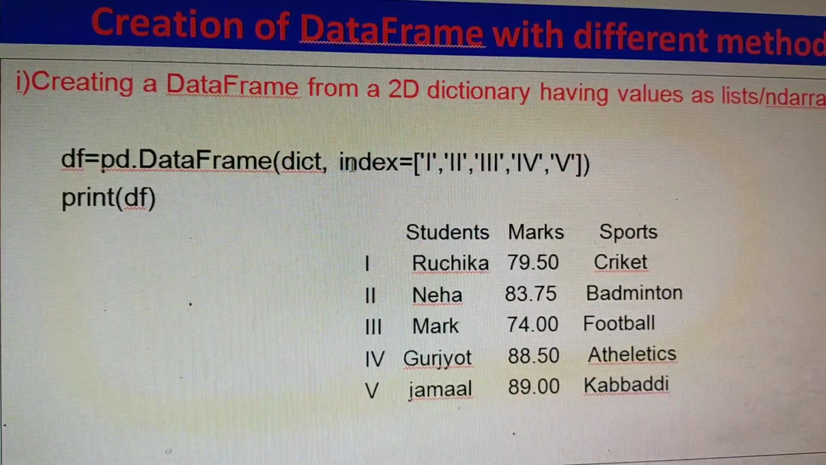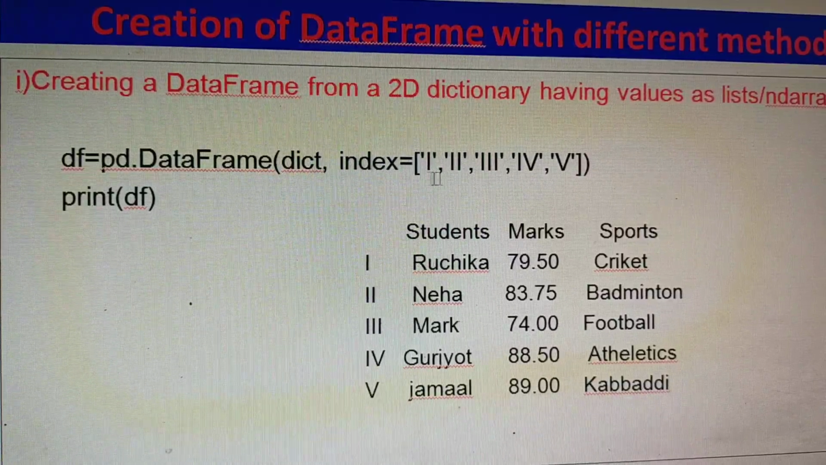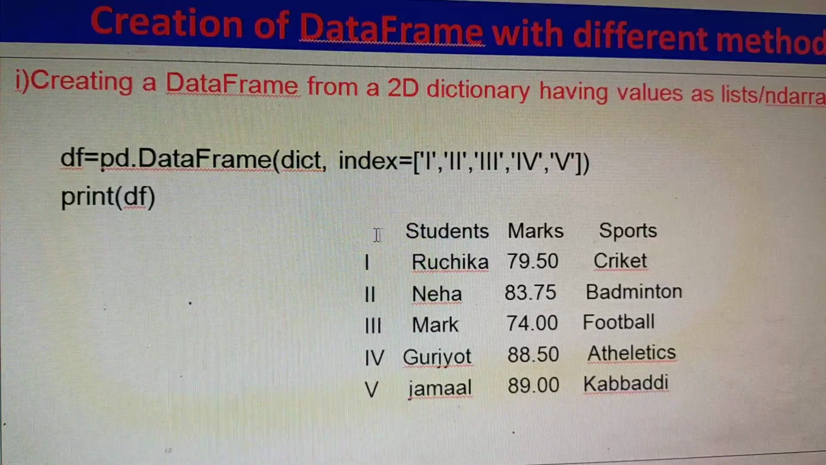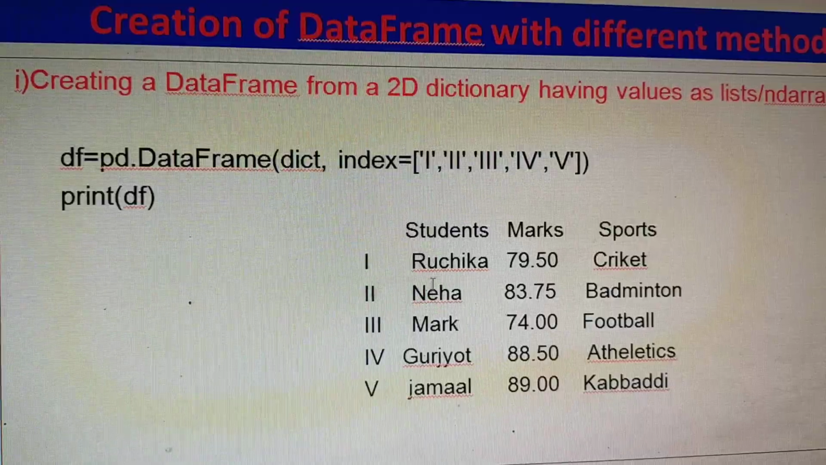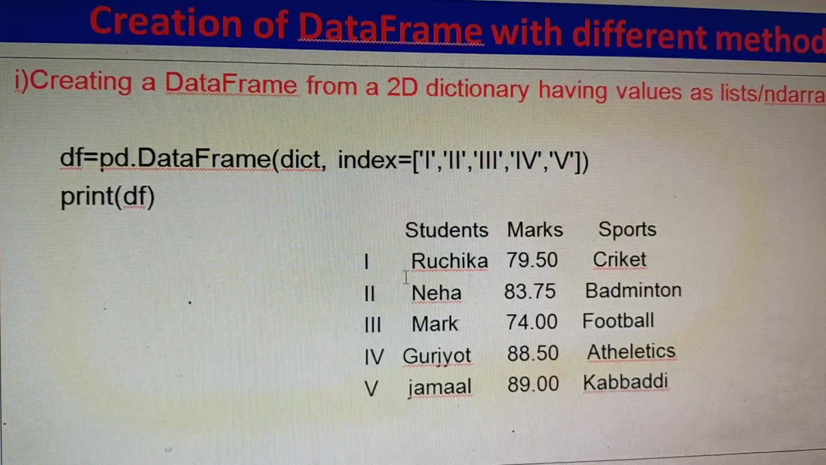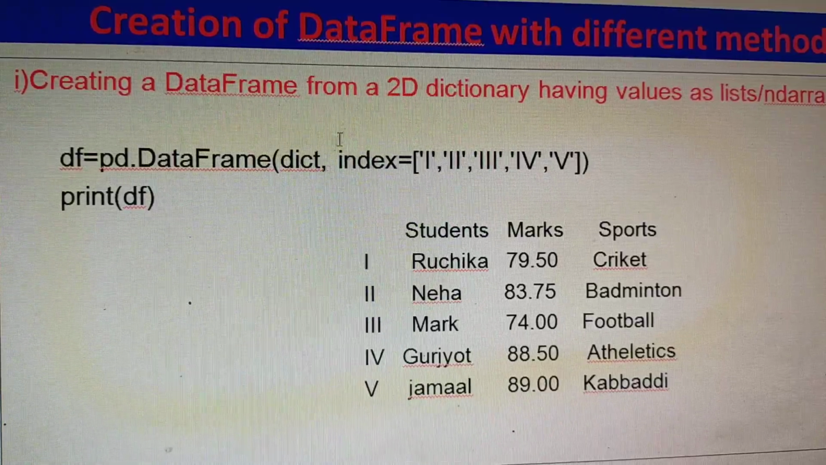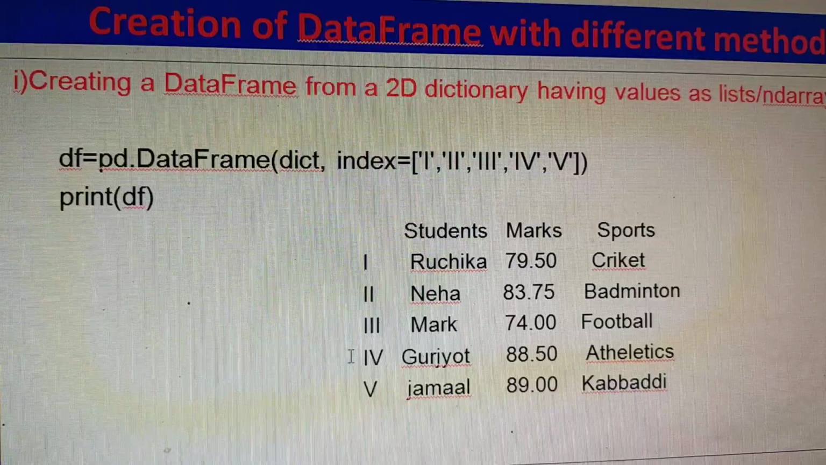While creating the data frame you have to not only add the dictionary name but also add the index. So here index is added. So whatever index you will add here, that will be displayed as the index in your new data frame. So this is the same method of creating data frame with the 2D dictionary having value list with different index,